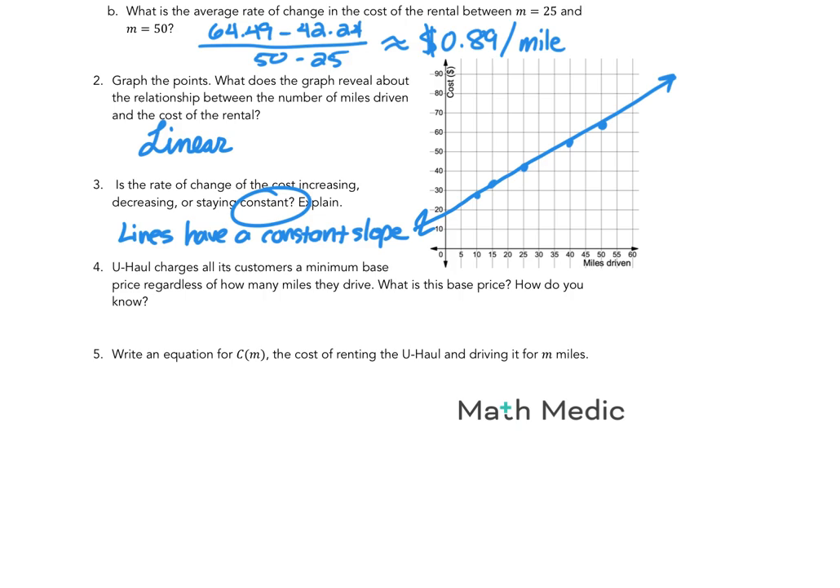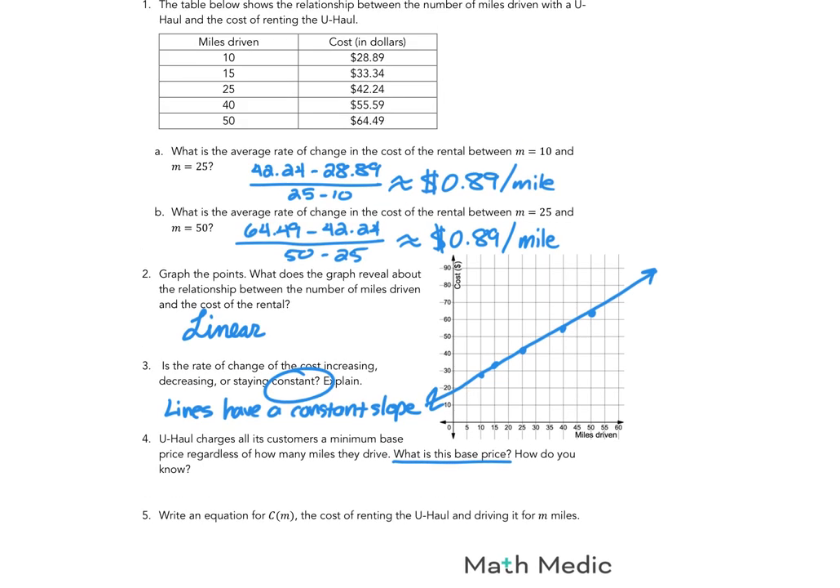So U-Haul charges all its customers a minimum base price. What is this base price? We can pick any of these. Let's take 10 miles, 28.89. So we know those 10 miles cost 89 cents per mile, which is $8.90. So then what is the base price? It's that total cost of the U-Haul minus the $8.90, so it is